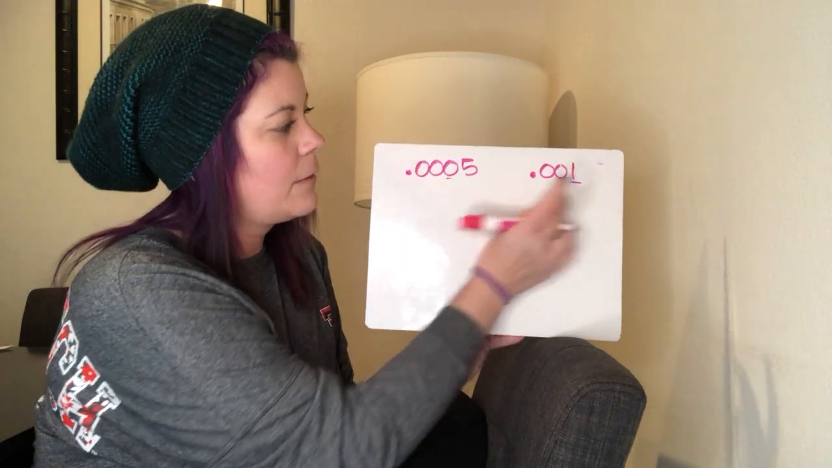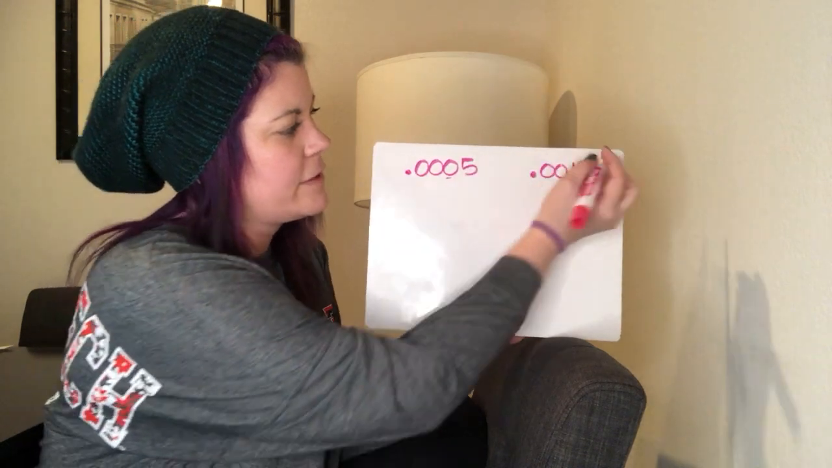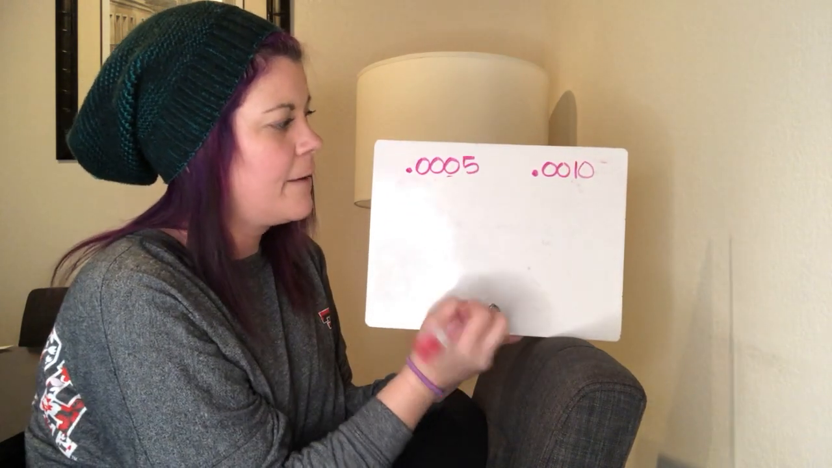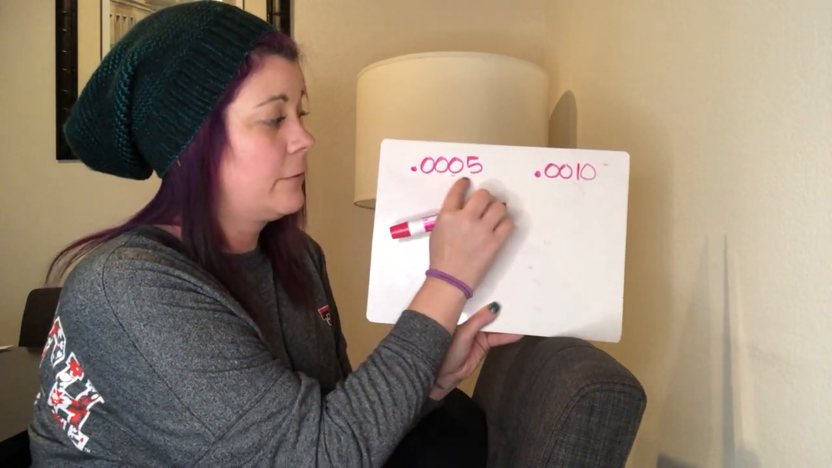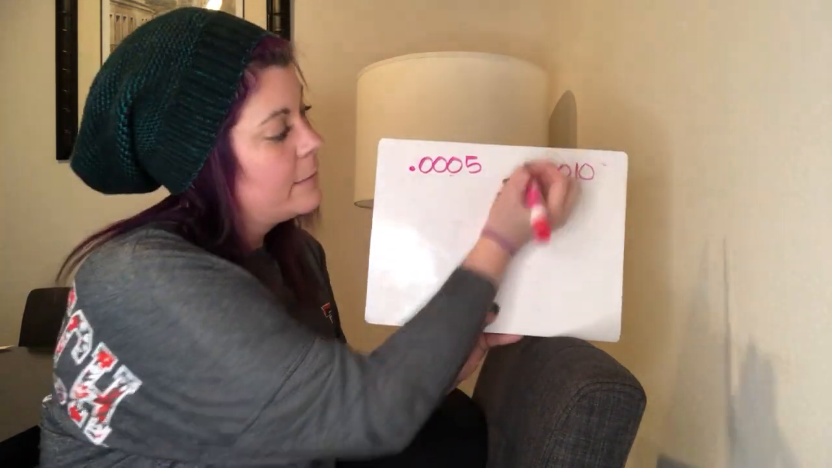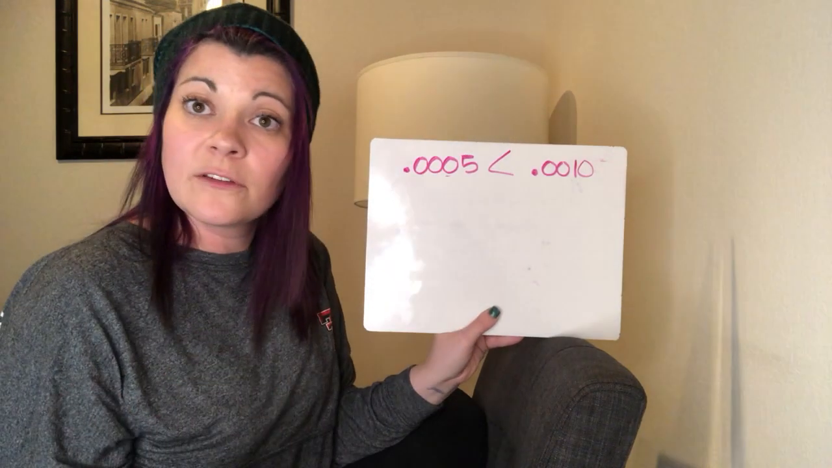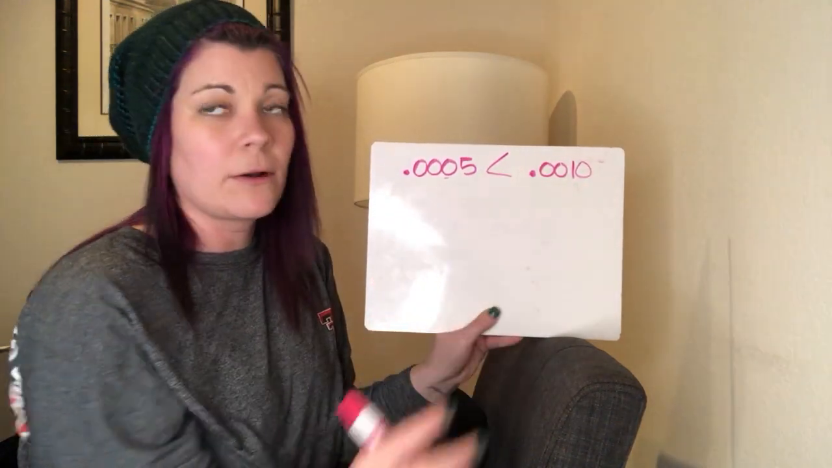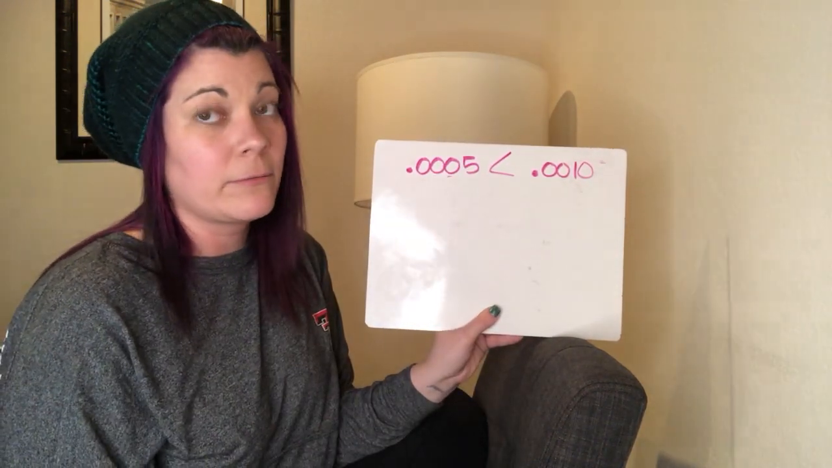Or you can do the same thing where you have 4 digits here, so 4 digits there. Zeros don't count, so it's just 5. And over here we have the number 10, so 10 is greater than 5. So you can still do the trick. 0.001 is greater than 0.0005. Okay,